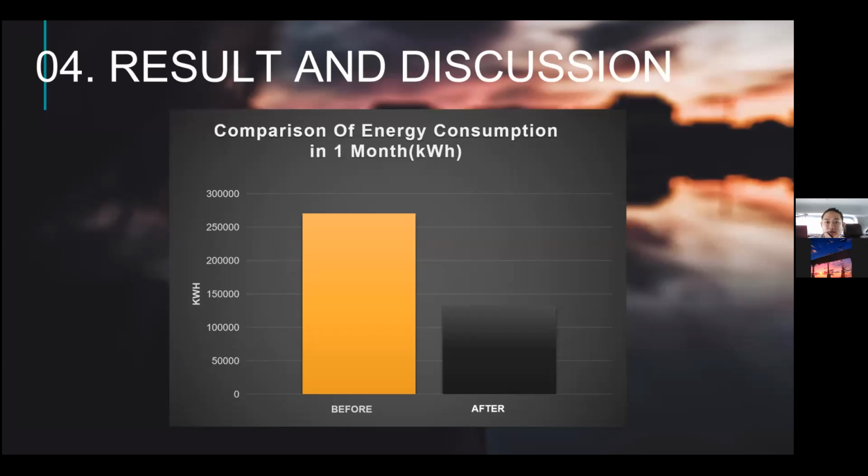As you can see here, the energy before is much bigger compared to the after. For the before, it used 270,612 kilowatt hour, and the after is 132,804 kilowatt hour. This means the energy consumption before is much higher, thus it costs you a lot of money to pay the electricity bills. So after some modification to the machine, we're using a new, better machine, because